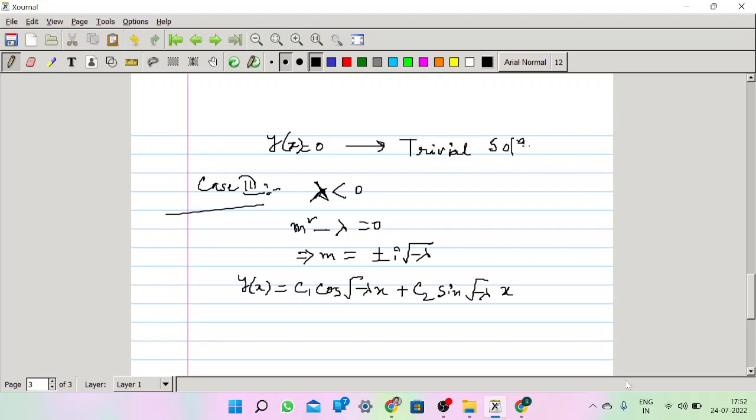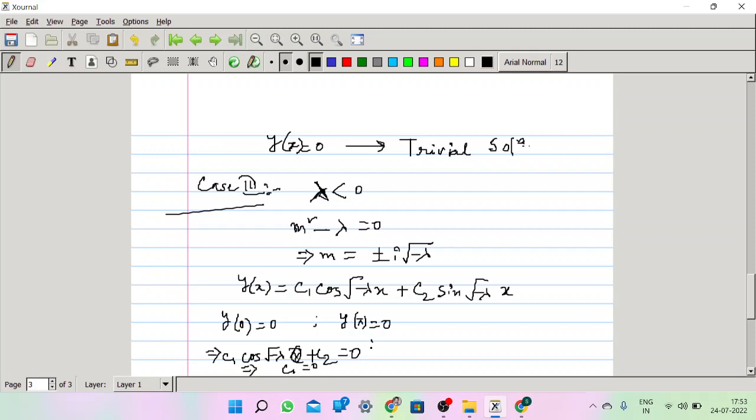So these c1 and c2 also satisfy the condition that y of 0 is 0 and y of pi is also equal to 0. So I get the solution as, if y of 0 is 0, then sin 0 is 0, so I get c1 into cos root over minus lambda pi, not, c1 into 1 plus c2 into 0 equal to 0. So that implies c1 equal to 0,